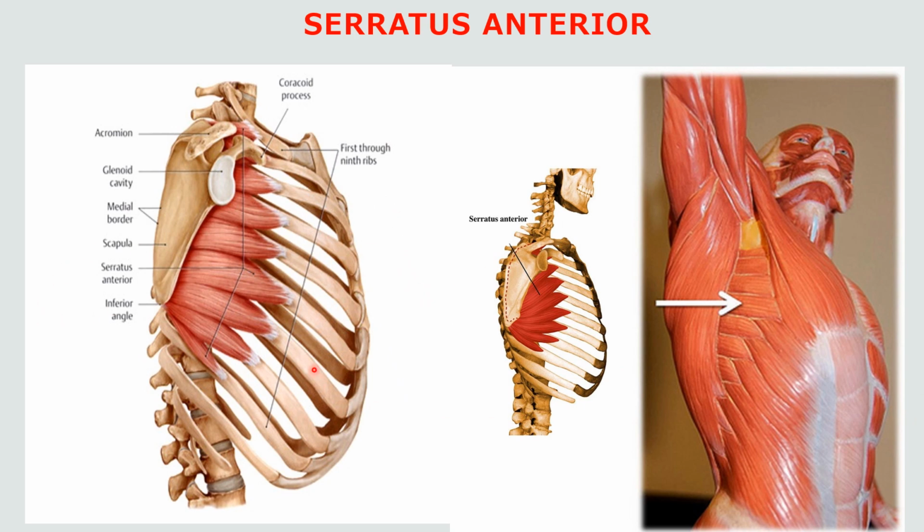So this is about the pectoral region. What you have to know in the pectoral region, especially the muscles: pectoralis major, pectoralis minor, subclavius and serratus anterior, and we have the clavipectoral fascia. Laterally attached where, medially attached where, superiorly attached where, inferiorly attached where, and what are the structures piercing the clavipectoral fascia. So these are the important things of the pectoral region. I think I have covered everything in the pectoral region.